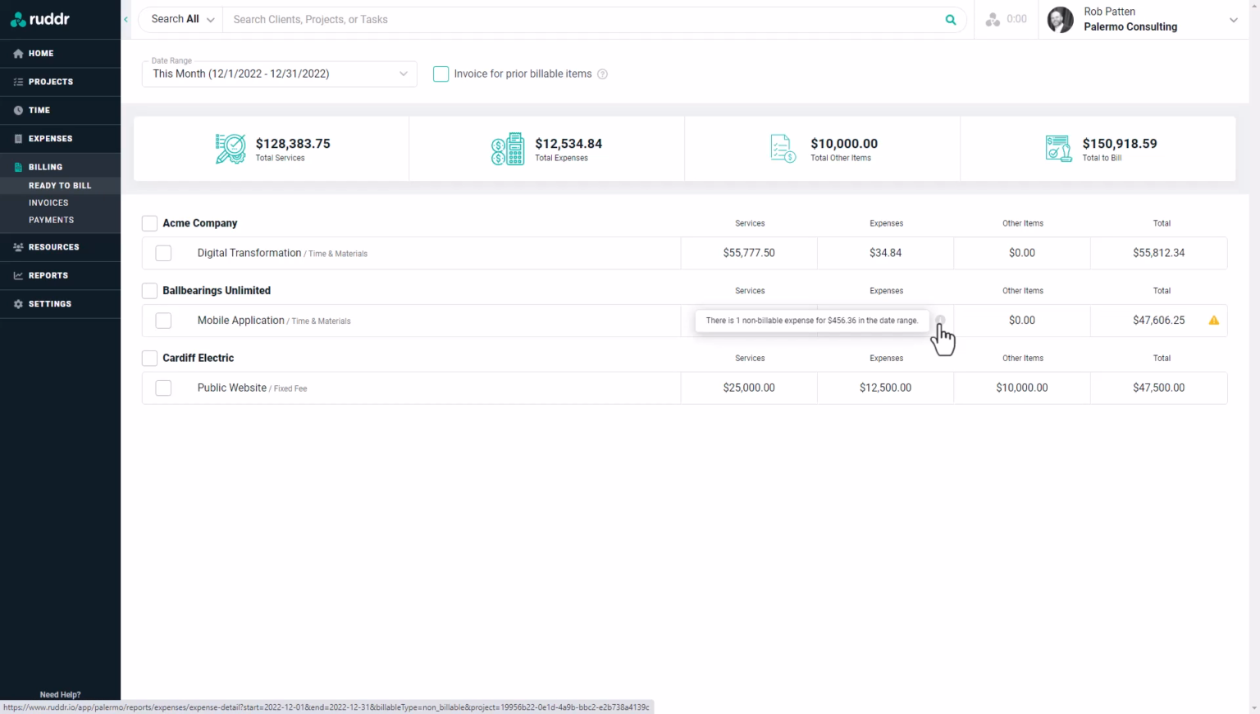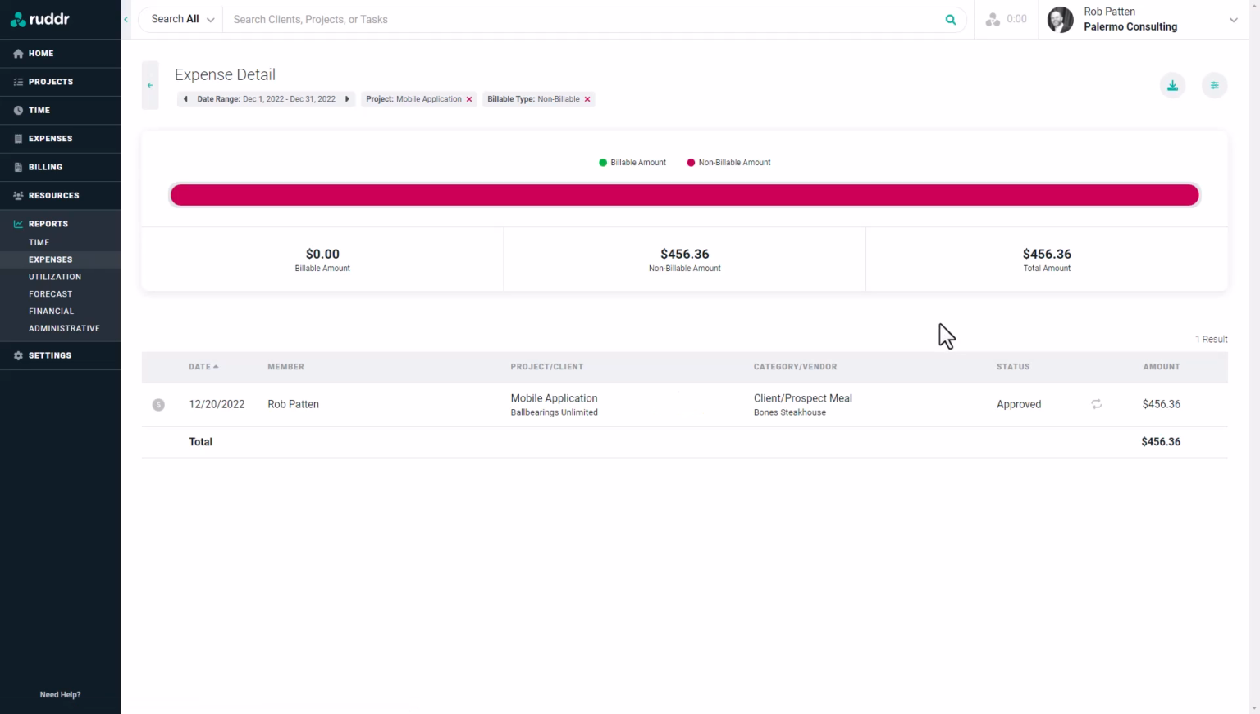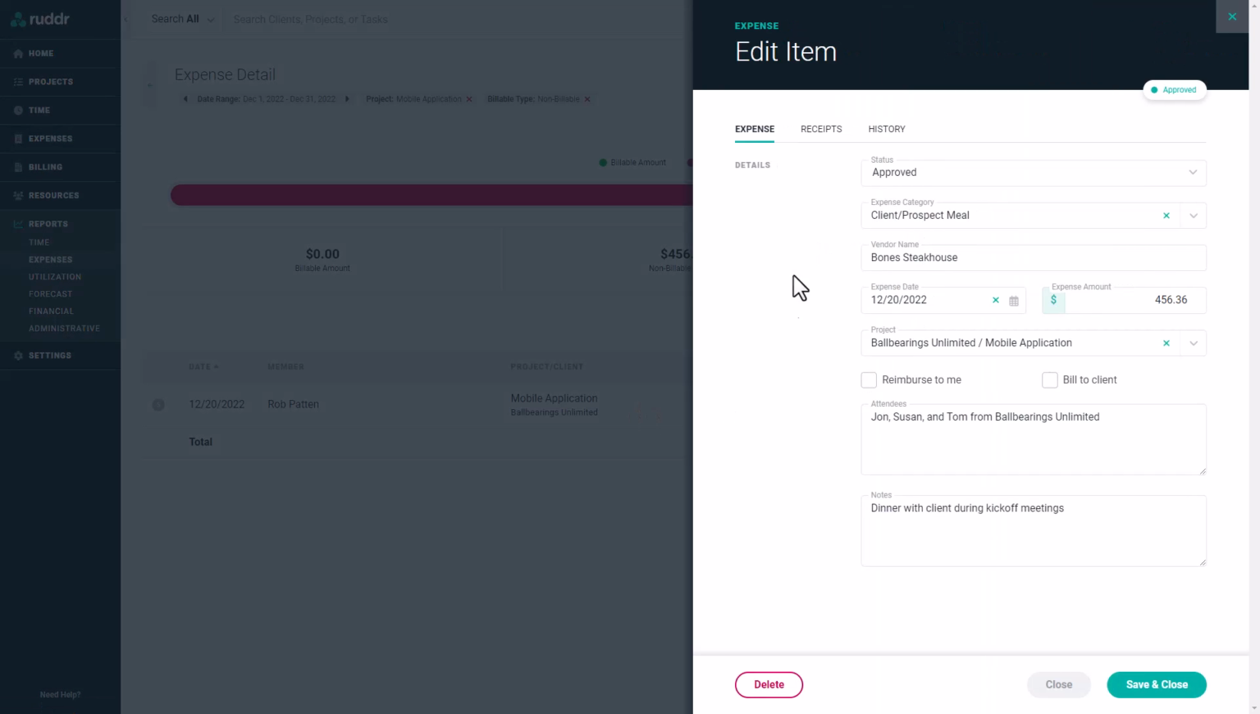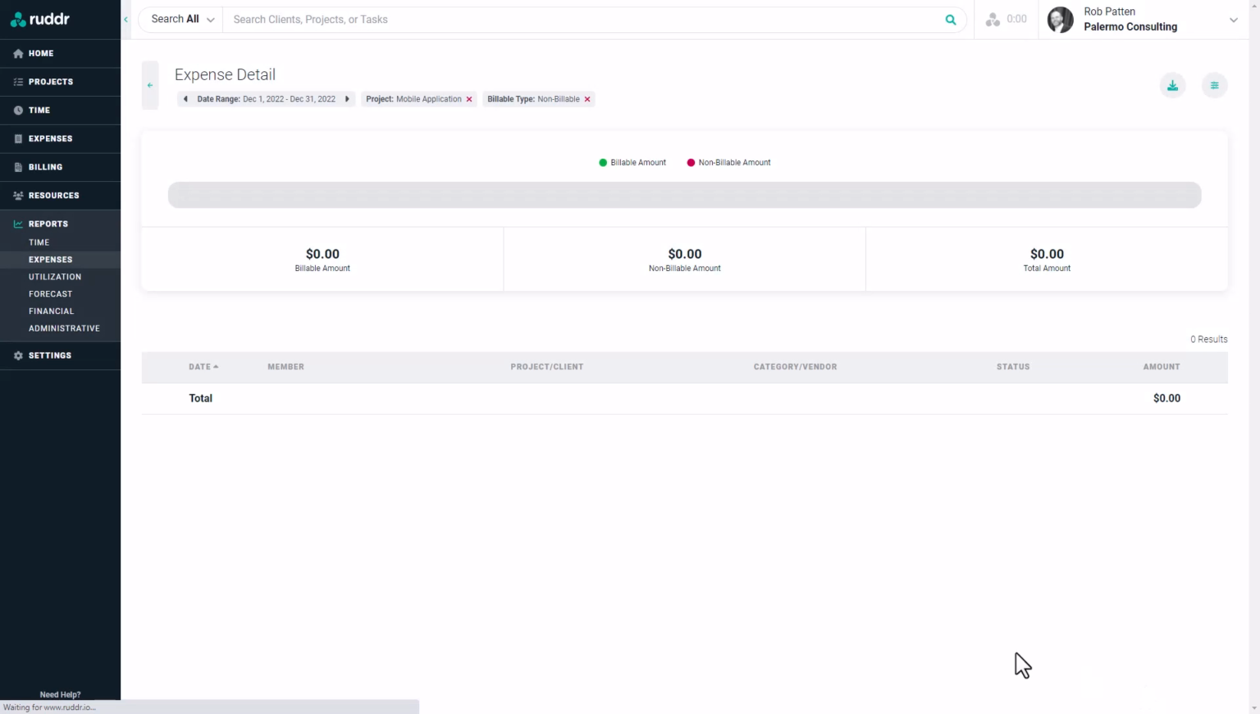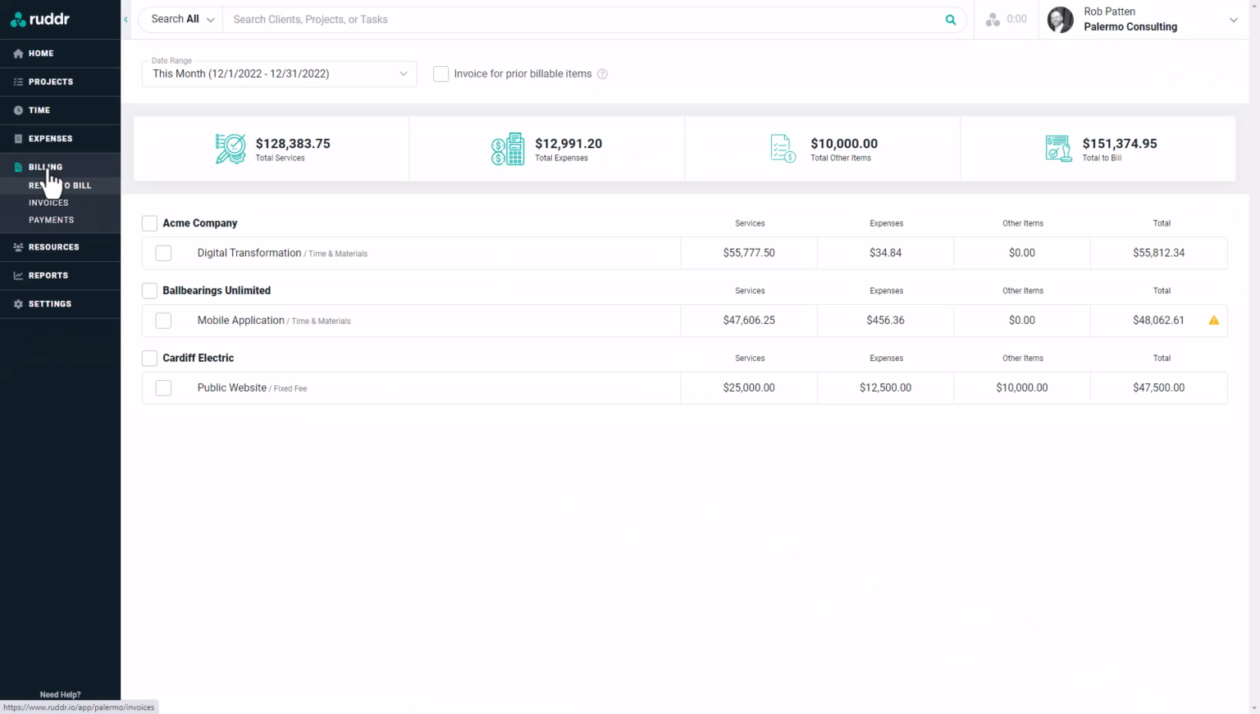$456.36. If we click on this icon, we'll be taken to the expense details screen, and we can click on that expense to bring up the expense edit item drawer to determine whether or not this expense should have actually been billable. We'll go ahead and set this one to bill to client, and then when we go back to the Ready to Bill screen, we can see that that billable amount is now in the expenses column for the